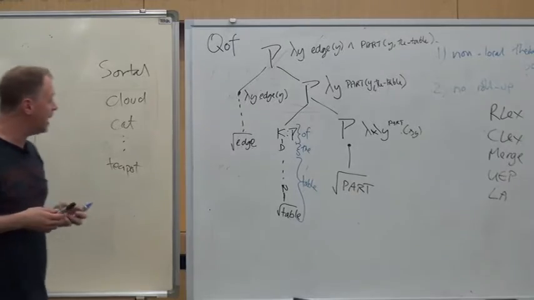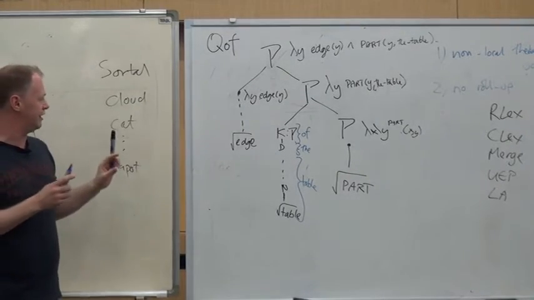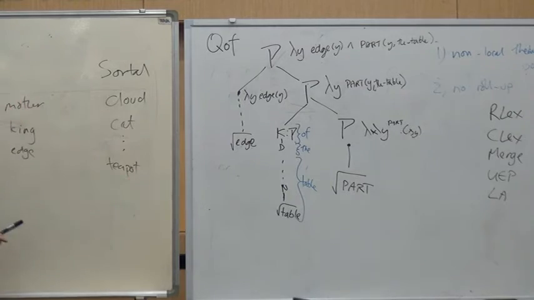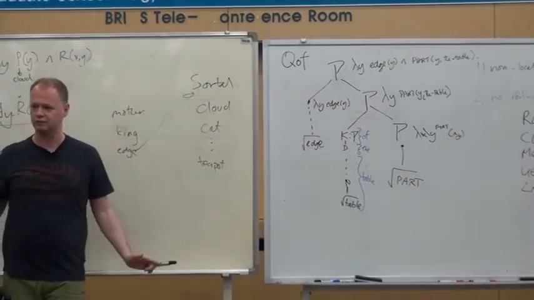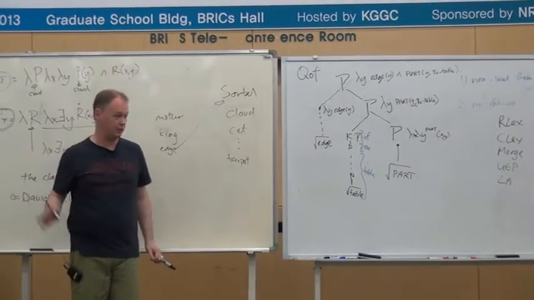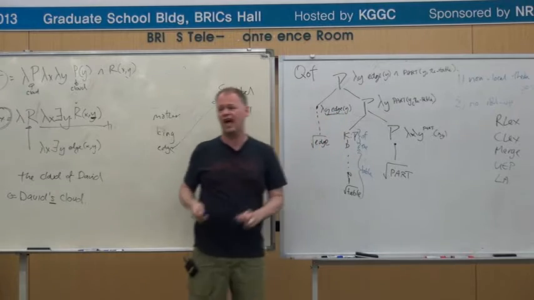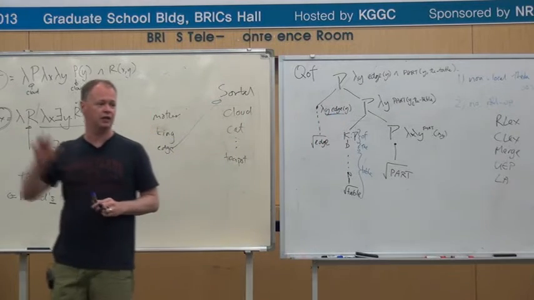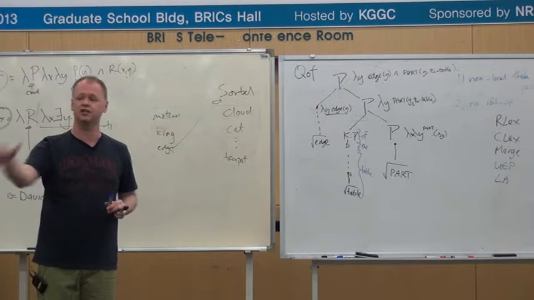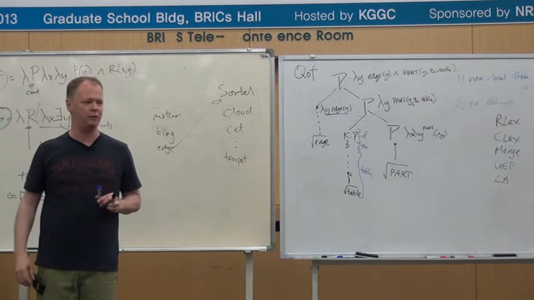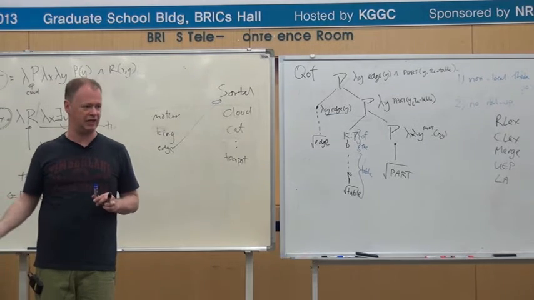Now, what that allows, there are two important things here. The first thing is that this derivation allows us to say the edge is in the sortal nouns. It's not relational. And we saw that we probably want to say that. So now we have reduced the number of kinds of nouns we have. Before we had sortal nouns, two-place relational nouns, three-place relational nouns. Now we've just got sortal nouns. So we've simplified the kinds of nouns you can have in the lexicon.